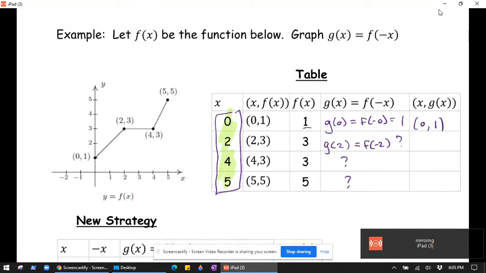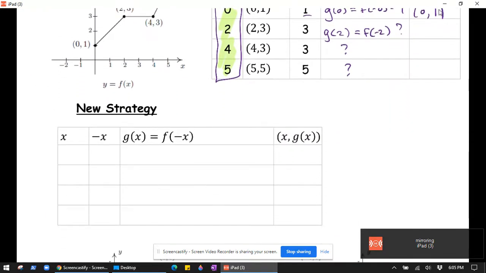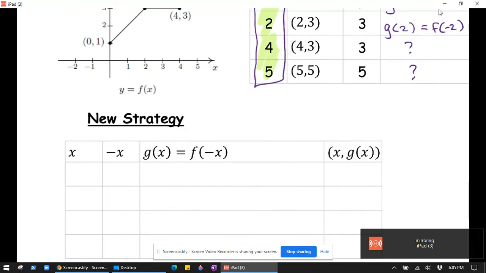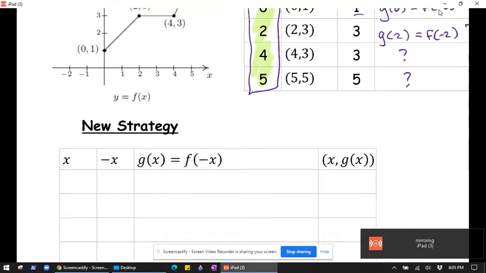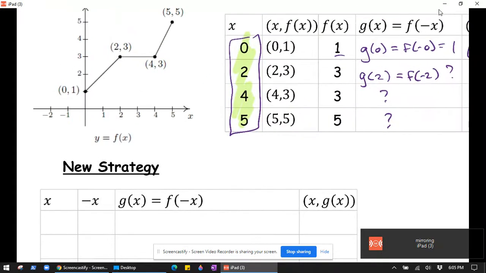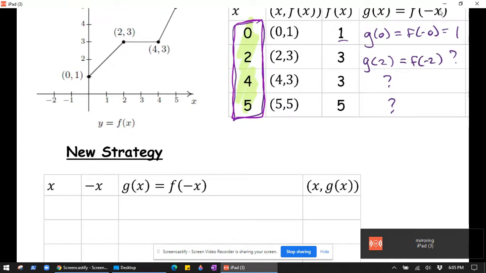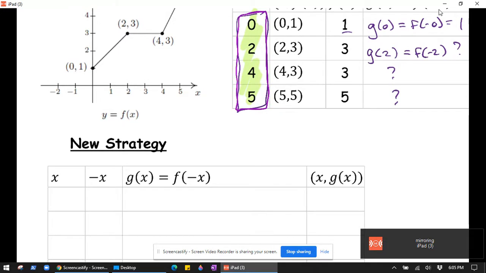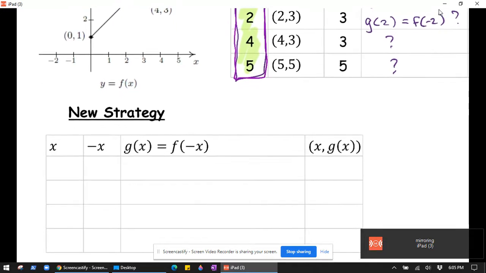As in a previous video, when you're dealing with transformations involving your x coordinates, it's best to think differently. And the way we're going to think here is we're not thinking about these inputs as being our new inputs. We're thinking of those as our old inputs. The question is, what are the new inputs? So what we need to do is copy those down here in this left column, 0, 2,